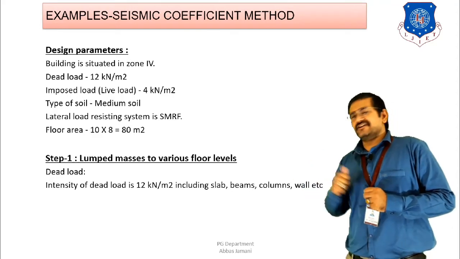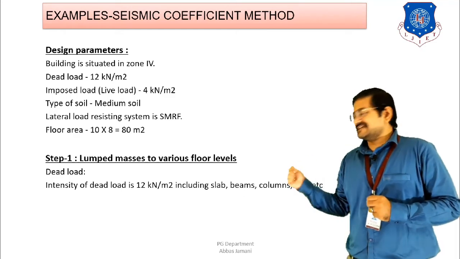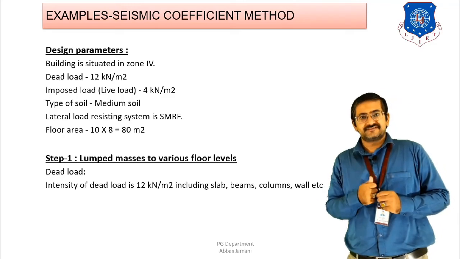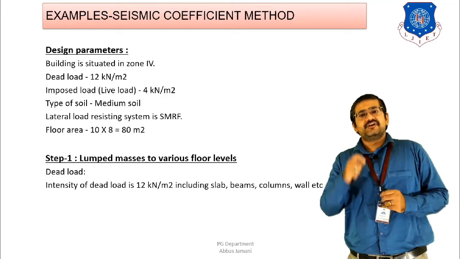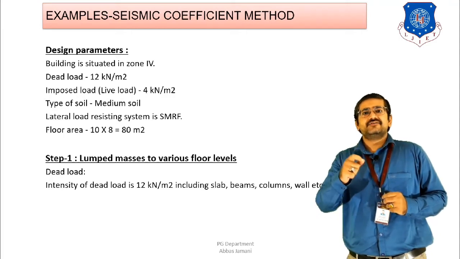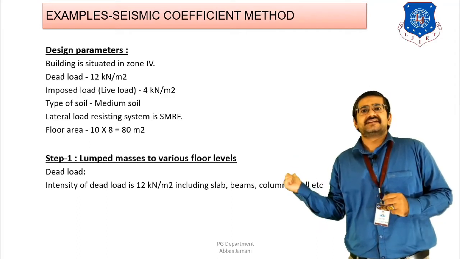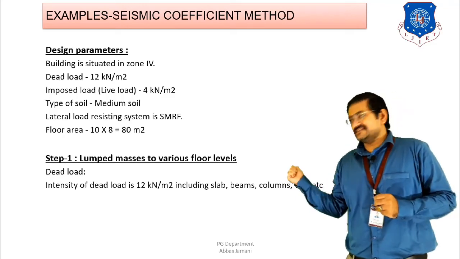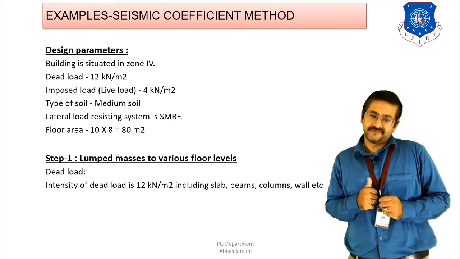Second, the value of dead load is given as 12 kilonewton per meter square, which is inclusive of weight of all the elements, right? Then the third thing is the value of imposed load, that is 4 kilonewton per meter square. So again, in case of imposed load also, we have seen that for the calculation of seismic weight, the definition is given as full dead load plus percentage of imposed load, and for percentage of imposed load the criteria is given that if the value is less than 3 kilonewton per meter square, then 25% is to be considered, and if the value is greater than 3 kilonewton per meter square, then the percentage is to be considered as 50%. So here in this case we can see that the value of live load is given as 4 kilonewton per meter square. Therefore our imposed load percentage will be 50% of the actual value.